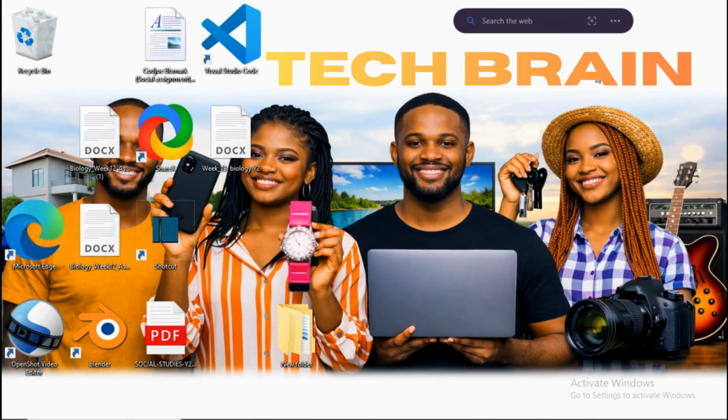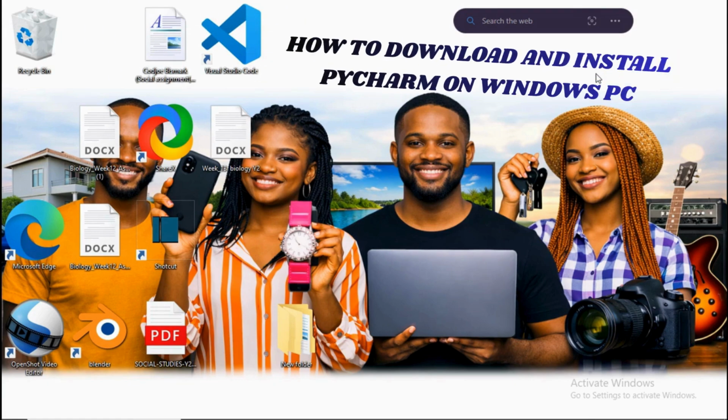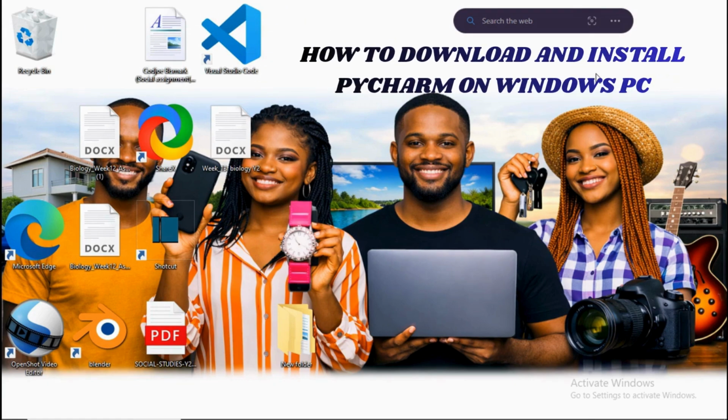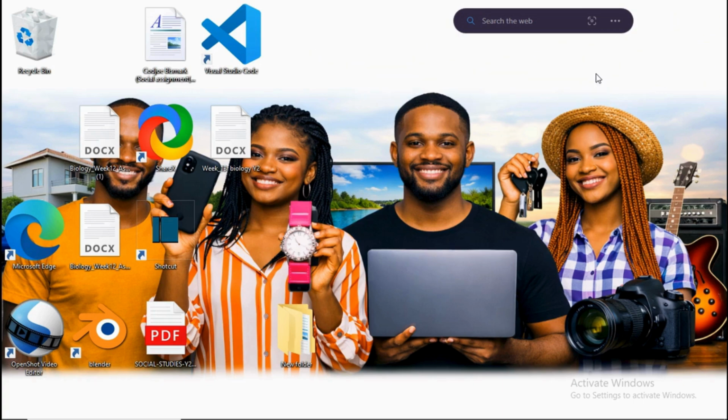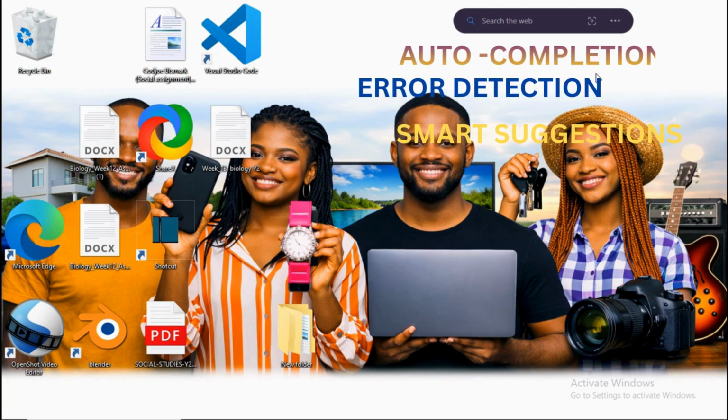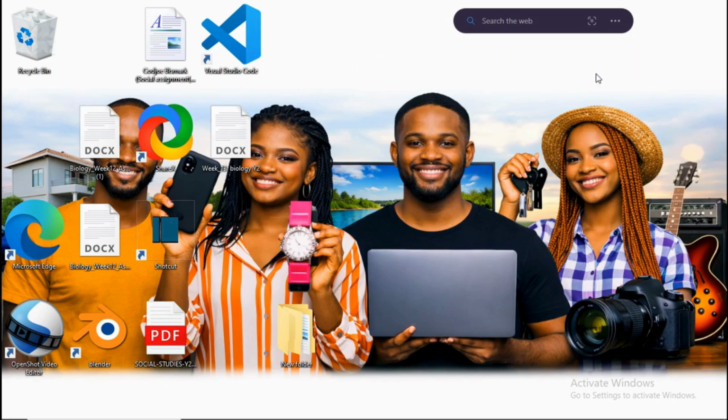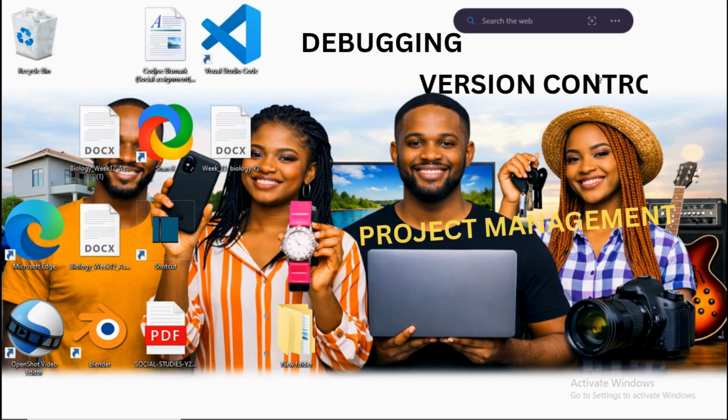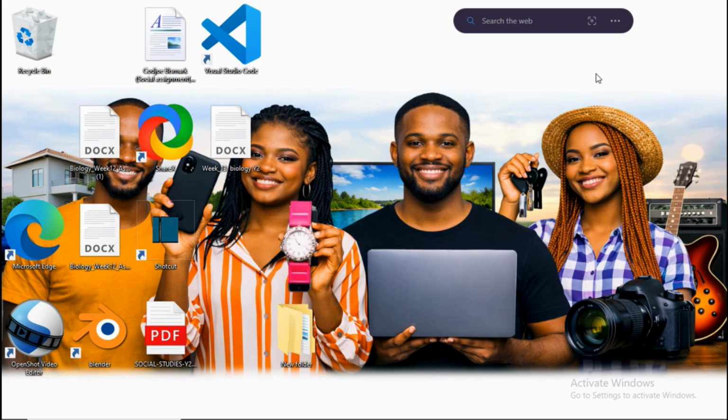In this tutorial, I'm going to show you how to download and install PyCharm on your Windows PC. Okay, so PyCharm is one of the most powerful IDEs for Python. It helps you write cleaner code with features like auto-completion, error detection, and smart suggestions. It also comes with built-in tools for debugging, version control, and project management, making it perfect for both beginners and